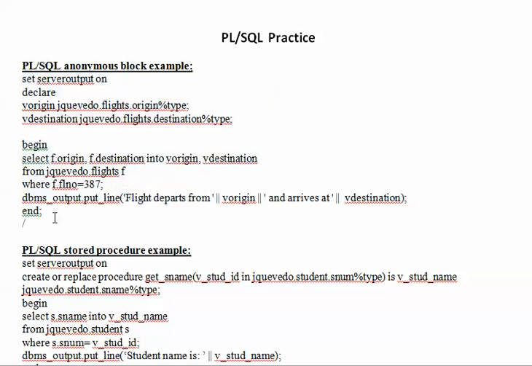In example number one, we are using the table flights from the JKVedo account. And for that, we're defining two variables to get the origin and destination for a given flight. We retrieve that from this query and pass it into the variables that are here, for flight number 387. Once we retrieve the information, we will display the following